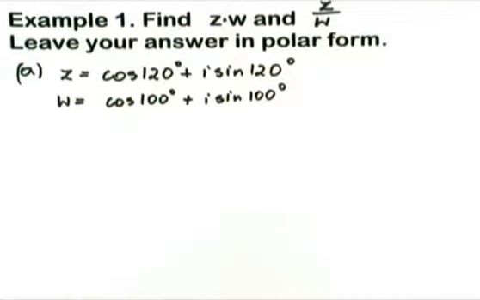Find z times w and z divided by w. Leave your answer in polar form. z is equal to cos 120 degrees plus i sine 120 degrees, and w is equal to cos 100 degrees plus i sine 100 degrees. So according to my formula, the multiplication